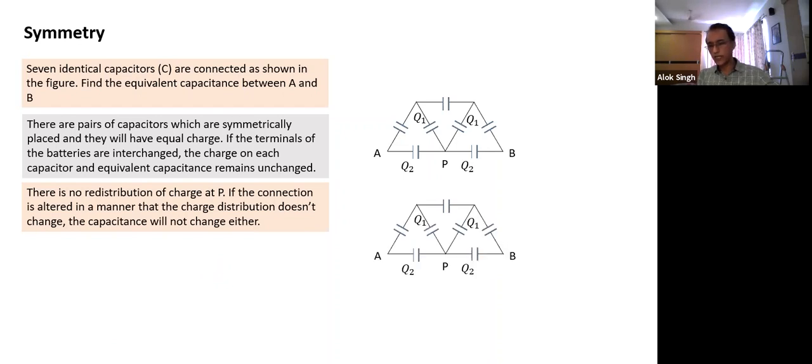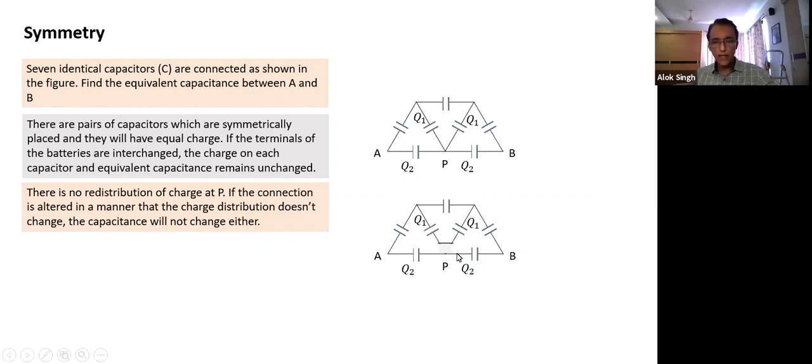The way we alter the connectivity: suppose I remove this junction here and connect it like this. Still, it will give the same charge distribution. These two will get connected in series. Now it makes sense, they have the same charge. These two connected in series, they have the same charge. Or actually, what you have done is the reverse. Since these two capacitors have equal charge, they are equivalent to being connected in series. So this connection is futile. We can remove this connection. Still these two become in series, and these two become in series.